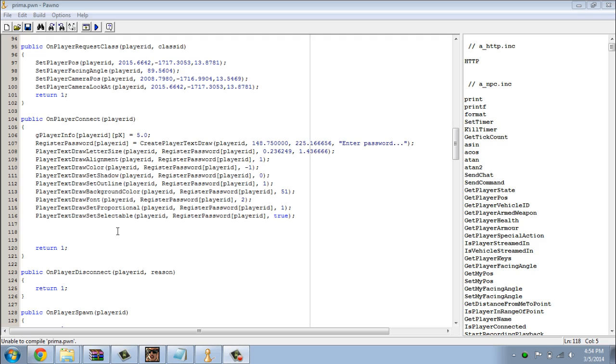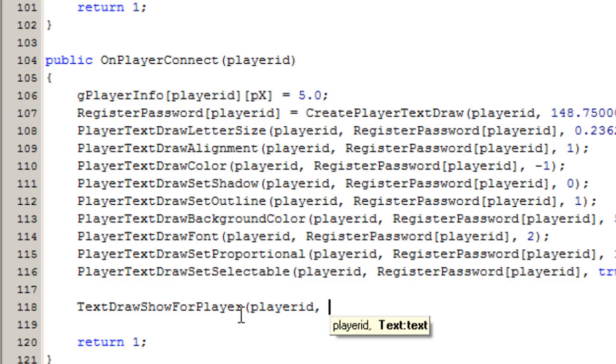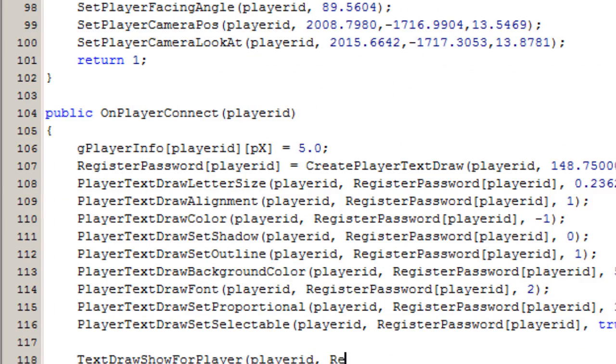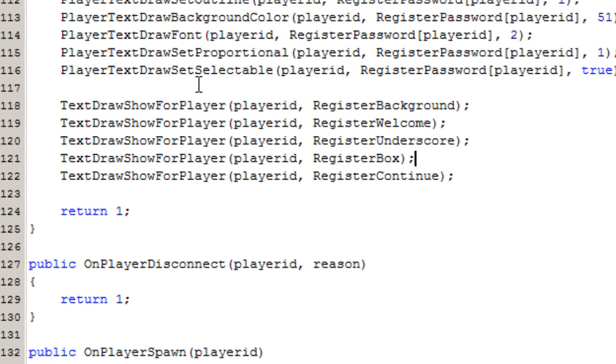Right, so now when the player connects, we want to show all the text draws for the player. And the first thing we want to do is to show the global ones, and to do so we do TextDrawShowForPlayer, and we then have the player ID as well as the ID of the actual text draw. And the first one is register background, and then of course we also have the register welcome, register underscore, the register box,